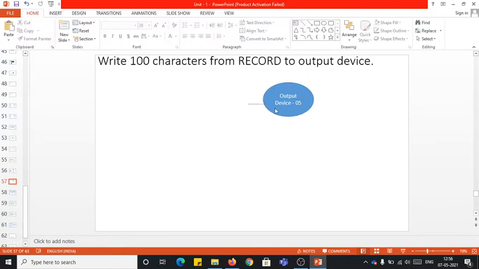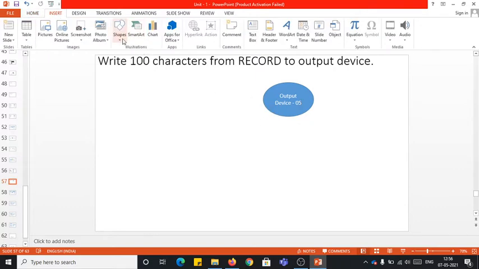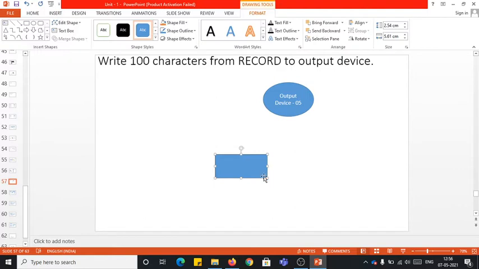Suppose, my dear students, as I mentioned in the reading process also, as soon as you read the data, automatically it will be available in the accumulator register. But right now you have to understand one logic here. If this is a memory location, this is the memory location which has the data. But this memory location data can be put onto the output device only through the accumulator register.